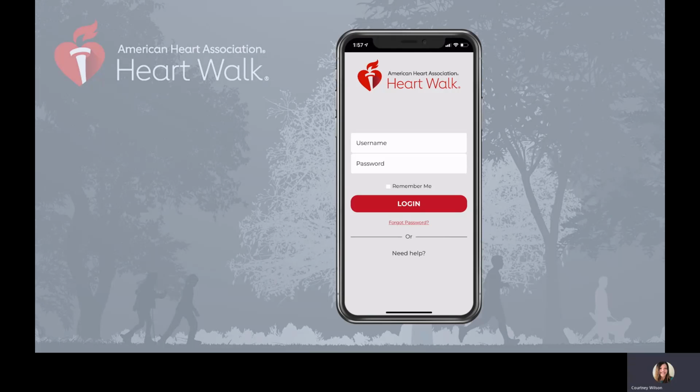Hello, and welcome to this video tutorial on how to utilize the Move More tracker within the American Heart Association's Heart Walk app. I'm going to walk you through the process of how to connect and manage your data. If you don't already have the Heart Walk app, you can download it from the Apple Store or Google Play